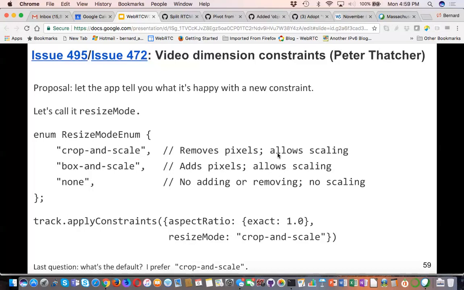Is there an option for just having crop and scale and none? By the way, I argued that for a while, and I eventually decided I was wrong.